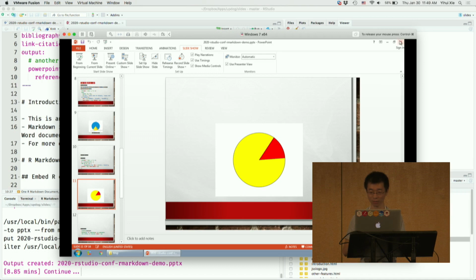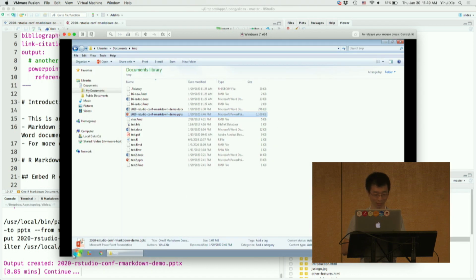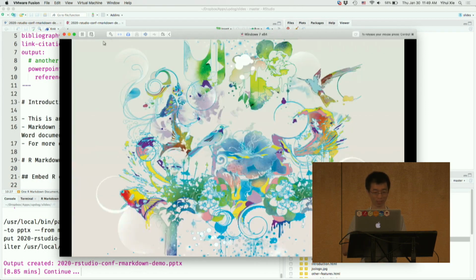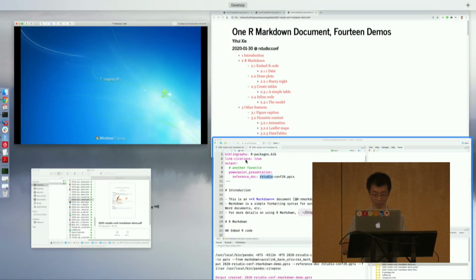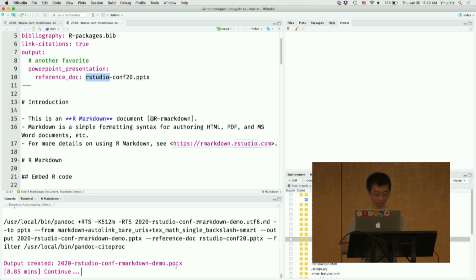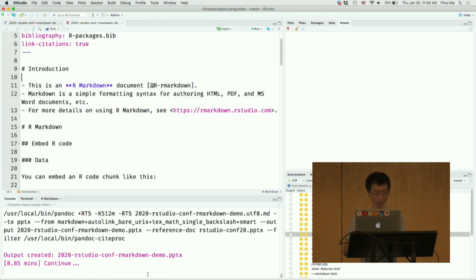All right, that's PowerPoint. All right, finally I can turn off Windows. Shut down. Oh yeah. Because for the rest of the demos, I won't need Windows. Where am I now? All right, so the next demo is